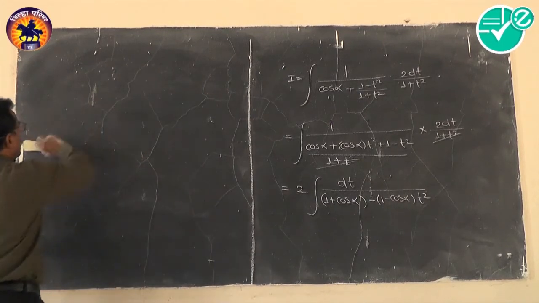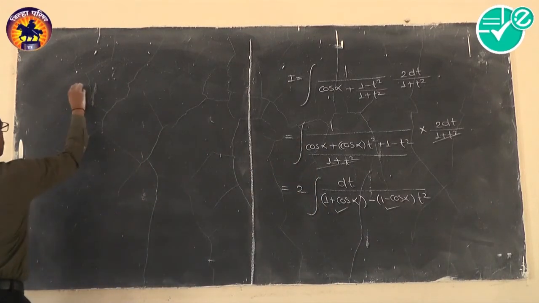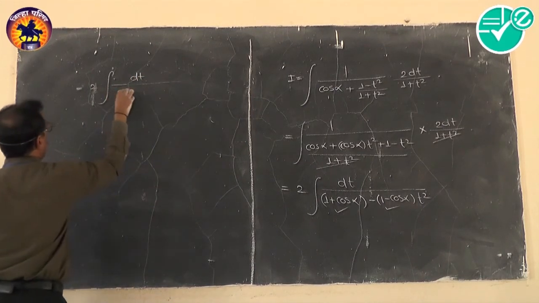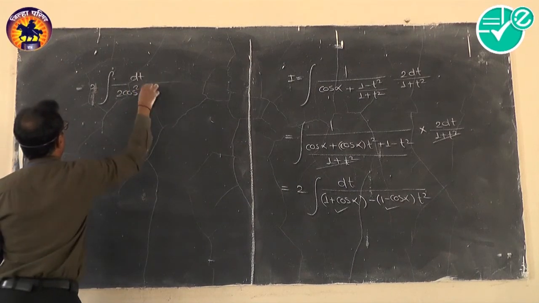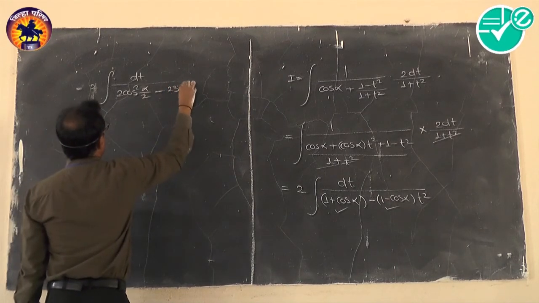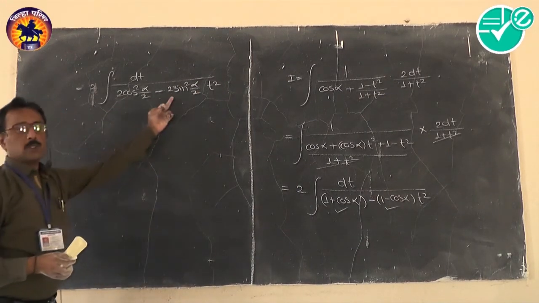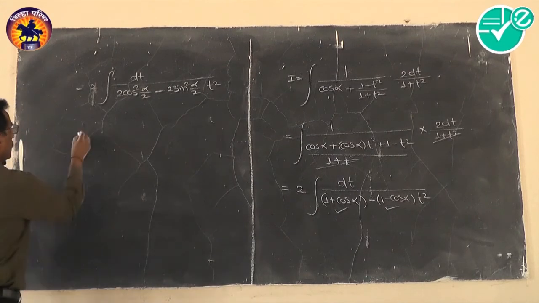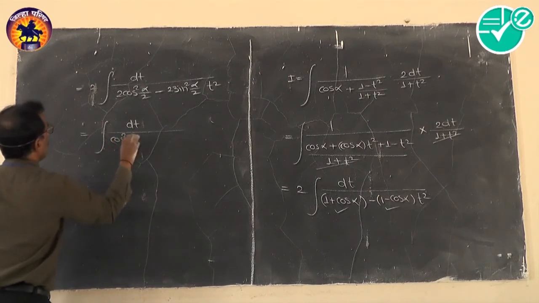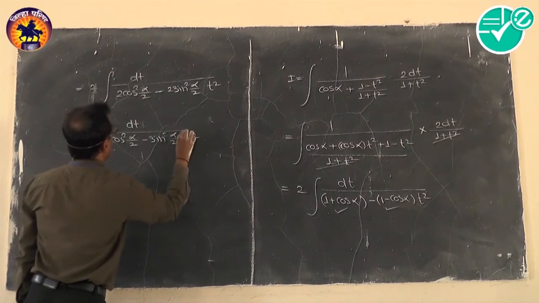All of the students, you know a formula about this here, 1 plus cos alpha and 1 minus cos alpha. This is for both CET preparation. These are very, very important formulae. What is 1 plus cos alpha? I think it is 2 cos square alpha by 2, and 1 minus cos alpha is 2 sin square alpha by 2, and then that t square. I think this 2 and this 2 are taken common, and after common 2 and 2 get cancelled. What remains here? Numerator it is dt upon denominator is cos square alpha by 2 minus sin square alpha by 2 times t square.